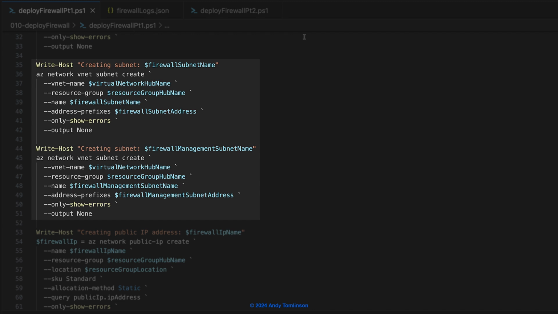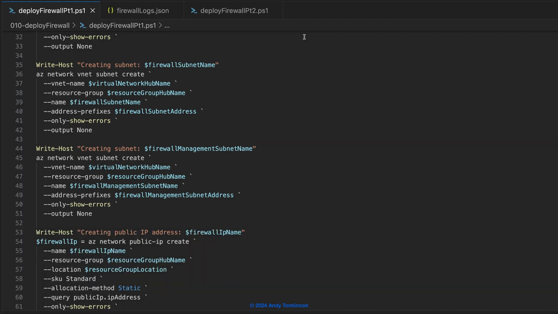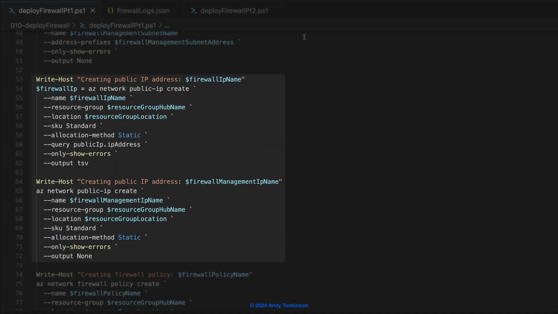For this, we need the name and resource group of the virtual network, along with the names and address prefixes of the subnets. We can then create the public IP addresses for the firewall. For this, we need their names, resource group, and location, along with the SKU and allocation method. Notice that for the first address, we're using a query filter for the IP address, which we're storing in a